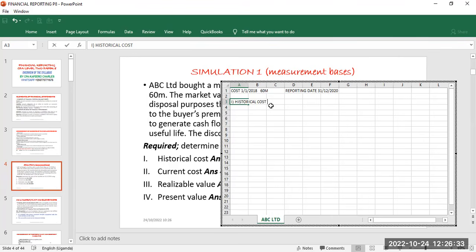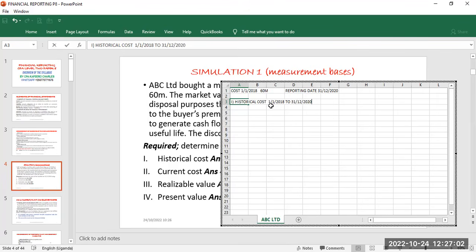I've not put the units, but you can put whichever country you're watching from. So the 60 million, remember from 1st January 2018 to 31st December